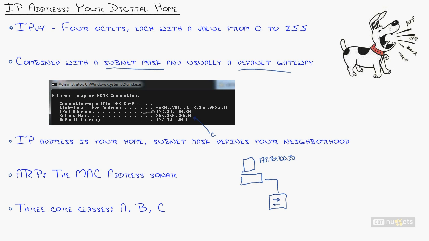It knows that it can reach any host that has 172.30.100. So hang on, let me unpack that. Let me define that. It knows that it can reach. So the big question says, well, how can it reach? I know that sounds like a really basic question, but really, how does it happen? So let's just say there's another computer on this network, 172.30.100.50. And you open a command prompt on this computer and you type in ping and type in this IP address. What's it do? Well, it immediately realizes, oh, wait a sec, 172.30.100, that's on my